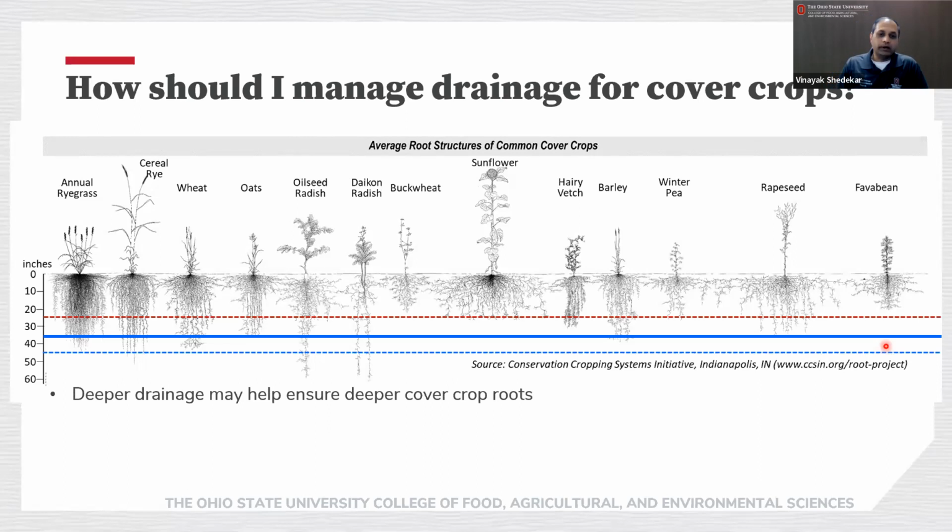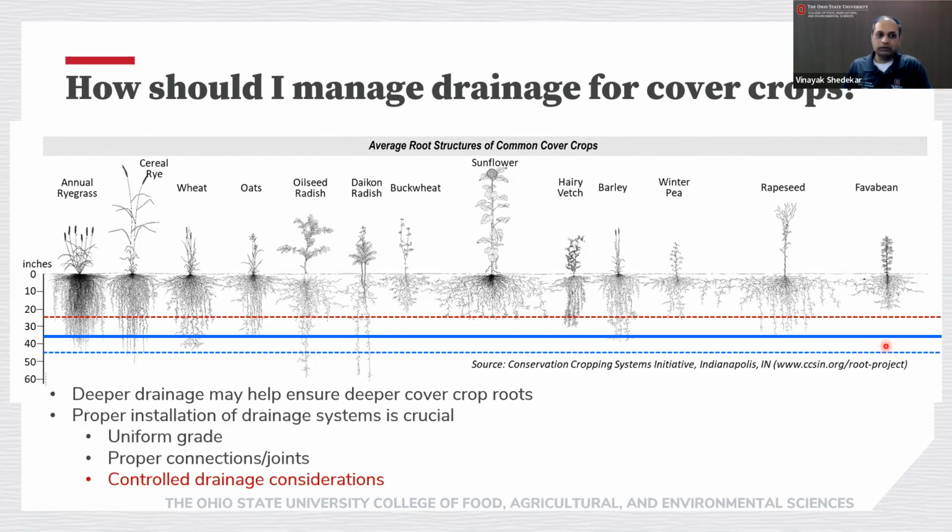So, but in general, my suggestion would be that if you really want to see deeper crop roots, or at least enhance the growth of crop roots at deeper depths, maybe putting in drain tiles deeper might be a good approach. More important than that, I would recommend that a good quality installation of the drainage system would be a key in a field that might see cover crops,